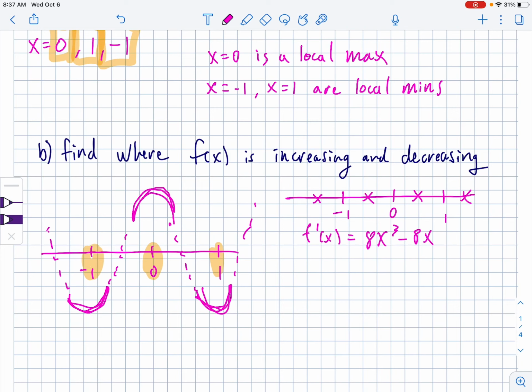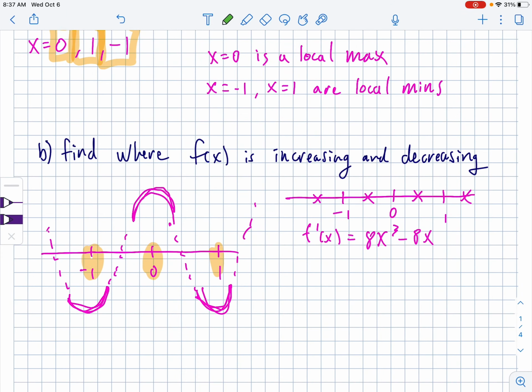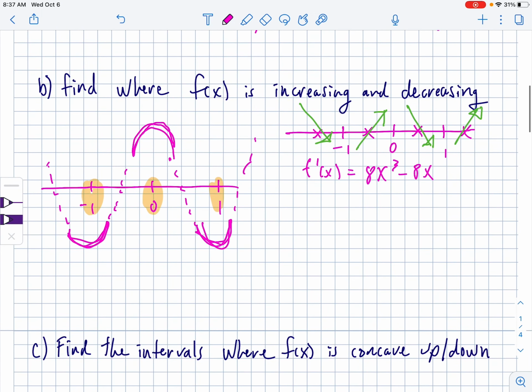And then pick points from these zones and plug them in. So test the 4 zones like we've done in the past. But I do think if you plug those in, I'm right, that this goes negative in this direction, positive in this one, negative in this direction, and positive in this one. But double check, make sure I'm right. So this means that,